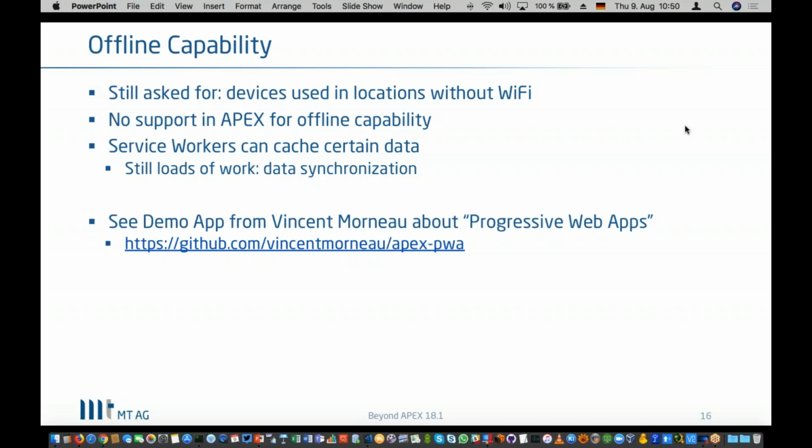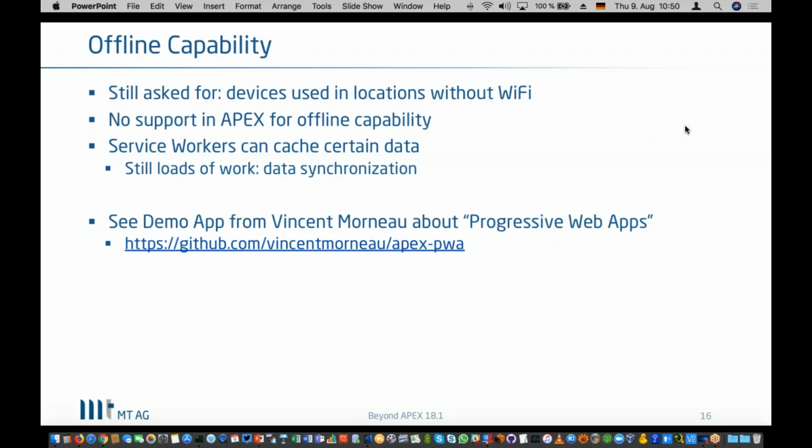And also from a business perspective, you have to look at things. How do we want to synchronize? Not all data has to be synchronized. Not all data has to be offline. So you have to have a concept in place first, thinking from a business perspective about what you want to achieve. What's really needed on your smartphone or on your tablet that's offline?